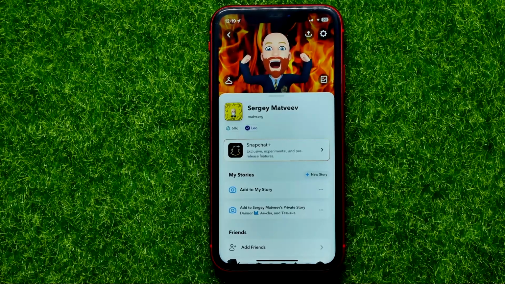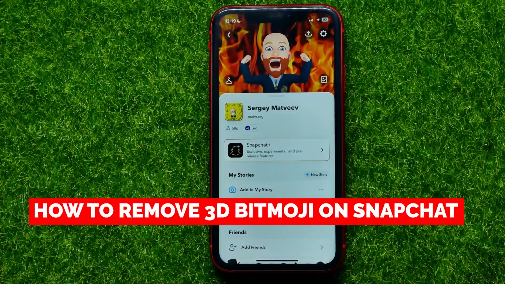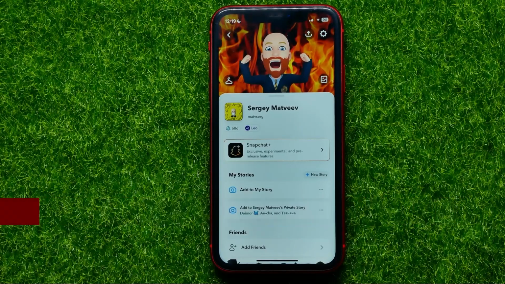Hello guys, welcome back. In this video I'm going to show you how you can easily remove 3D Bitmoji on